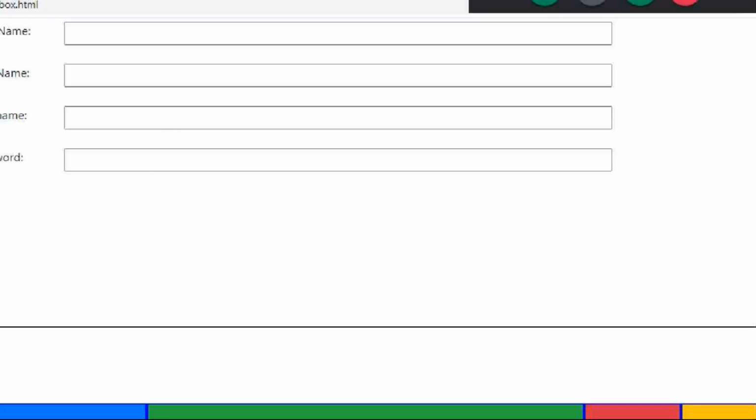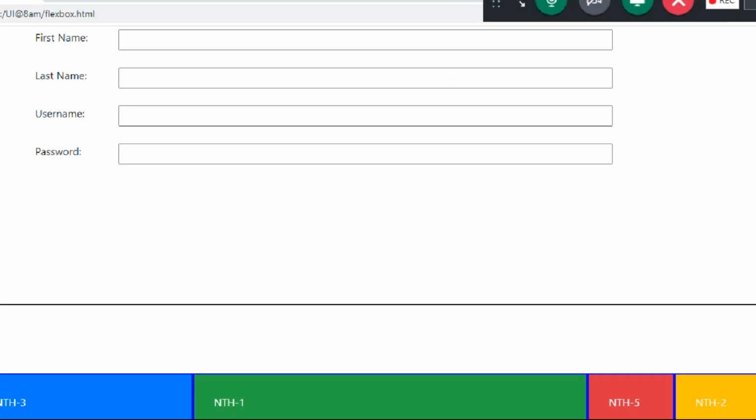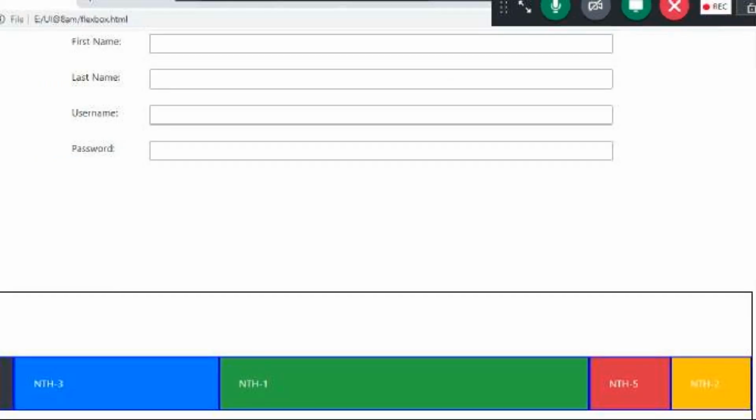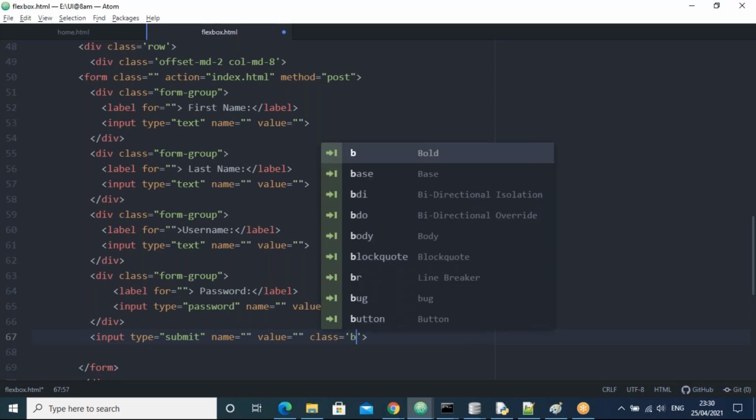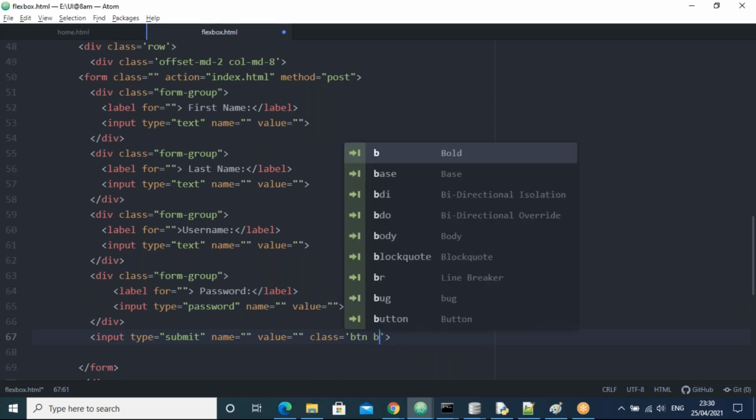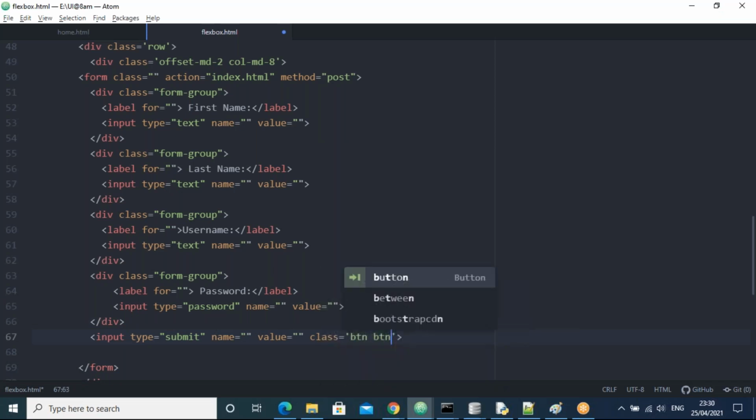You can take the left and the down, those two buttons, guys. You can take an input with type submit. At the end I'll add a class, which normally we know, btn btn-success, right? Next, I take one more input, as a reset, guys.